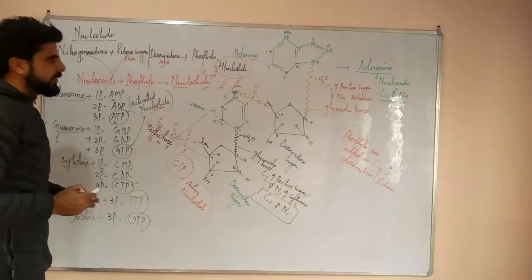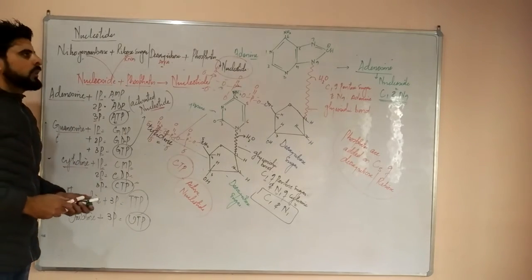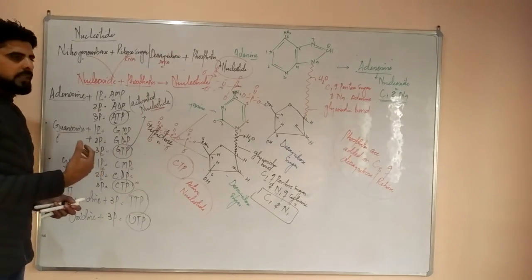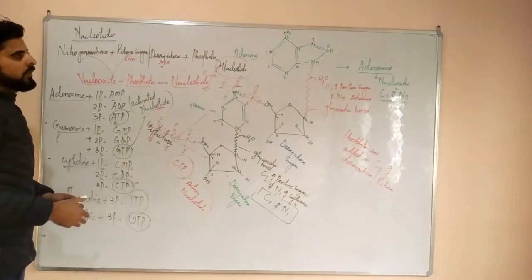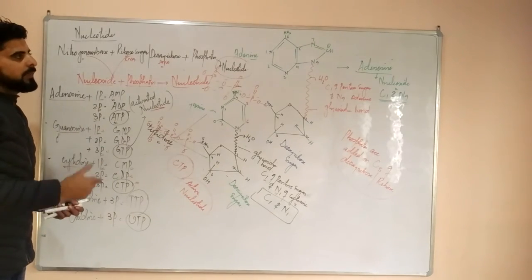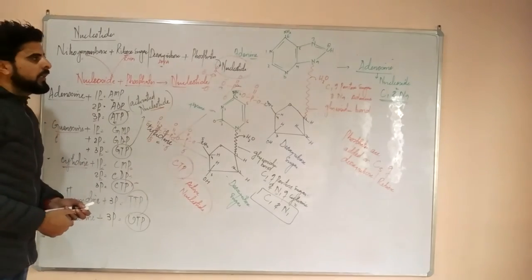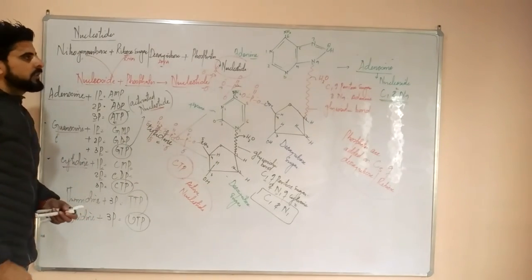Now in the next lecture, first we will discuss the nucleic acid DNA in detail. We will take the structure of DNA, then the Watson and Crick model, which is the double helical structure of DNA. We will also take all the RNAs one by one. Now tomorrow we will discuss the structure of DNA.